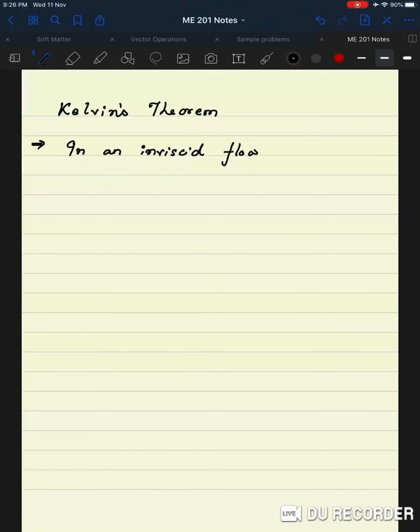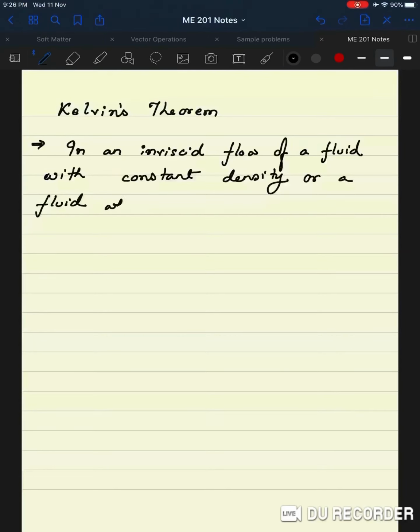So in an inviscid flow of a fluid with constant density, or a fluid where the pressure is a function only of density,